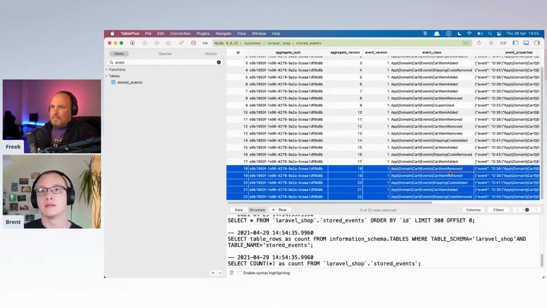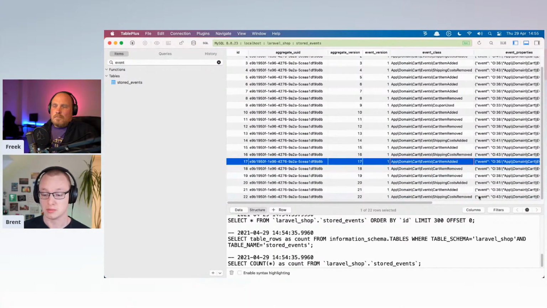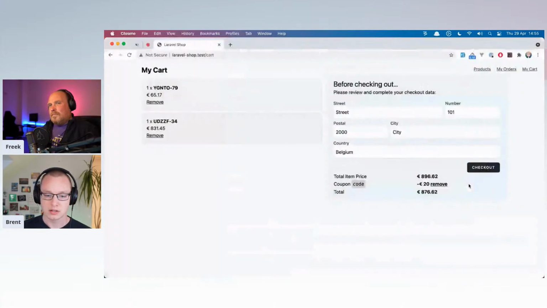And imagine this is a real shopping cart, like Amazon.com or something like that. You really want to be able to do analysis on user behavior. How do they use your shopping cart? And keeping a very detailed log of everything that happens makes that possible, and it's a really powerful principle, like we also discussed in the previous stream.